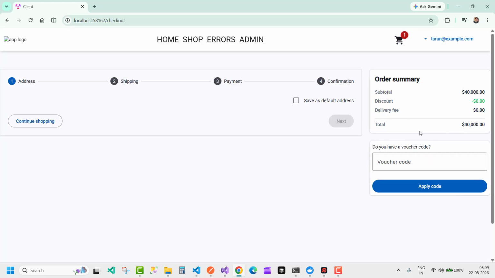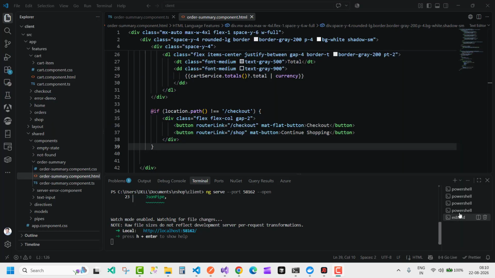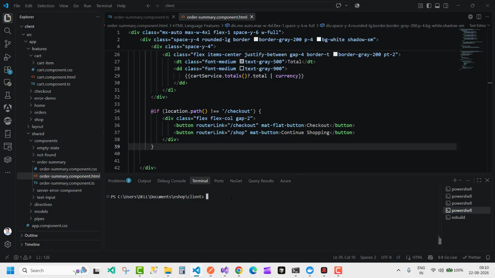But I want the checkout button to be hidden on the checkout page, because location is enabled. If Location.path is not equal to checkout, then it will show the checkout and the continue shopping buttons. So npm install @angular stripe and the stripe.js file. I will go for the Stripe settings. Okay,